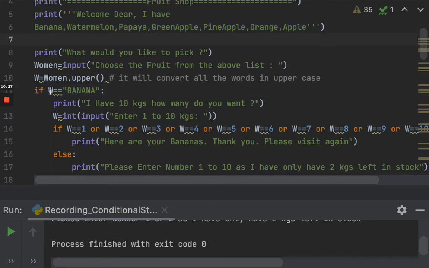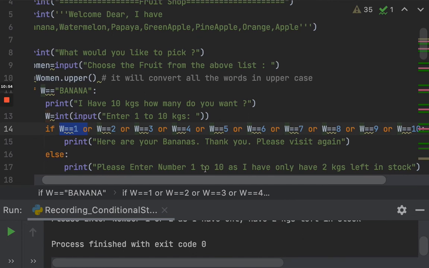Okay, so I have said if W is equal to banana, print I have 10 kgs. How many do you want? So again, I have used an input inside the condition block. You can see that I'm taking an integer now, because it's asking you to choose from 1 to 10. So if the user inputs 1, 2, 3, 4, 5 till 10, I have just noted it